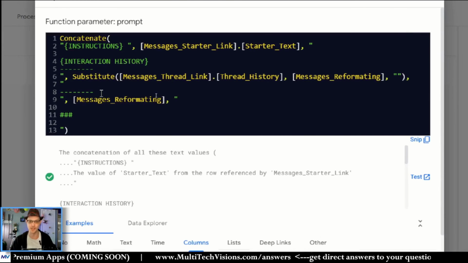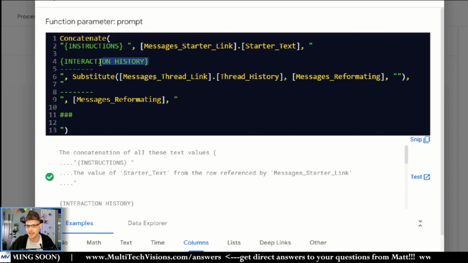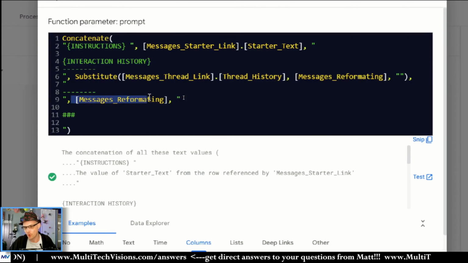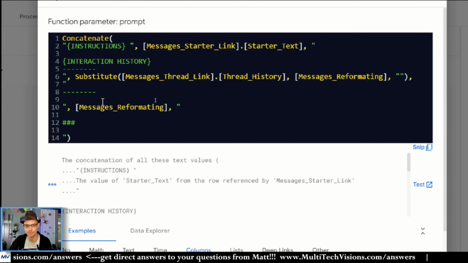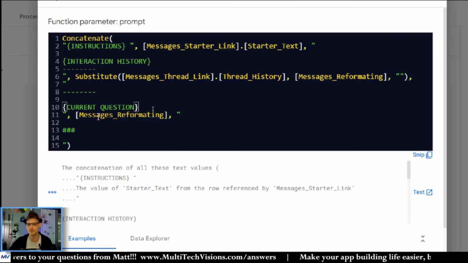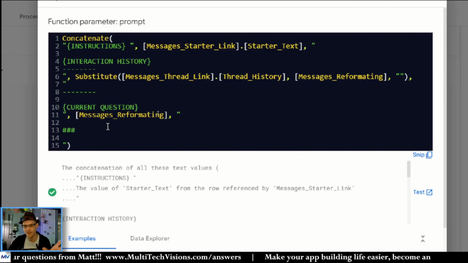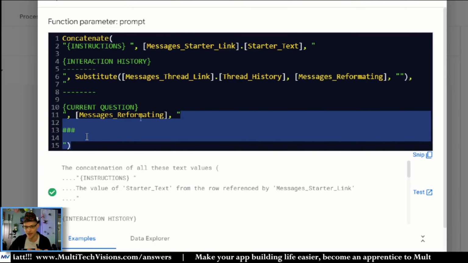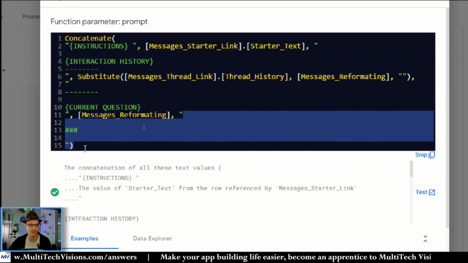And I actually kind of want to clean this up a little bit more. You see how I've got these labels for things like this? I don't have one for the current question. I think I want one on that. So I'm going to drop this down and throw in current question. I'll stick with the word question, right? And then it'll drop down here and then it'll be like, that's our question. And then this little thing down here is a nice thing to tell the system, hey, it's your turn